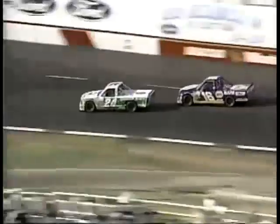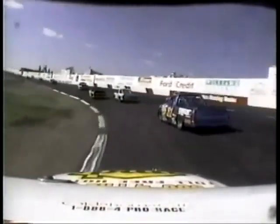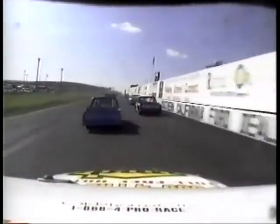Earlier today, this event red flagged for some 21 minutes because of a major accident involving Rick McRae, who hit Toby Butler's truck after Butler's machine had stopped on the back straightaway. That was the accident right there. Updating the medical situation, Rick McRae is in Memorial Hospital. He is all right, being held there for observation as we see the battle for the lead now, as this